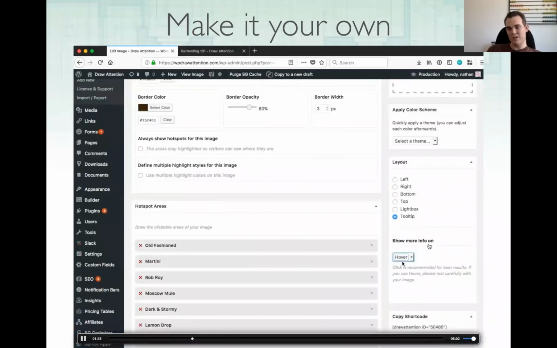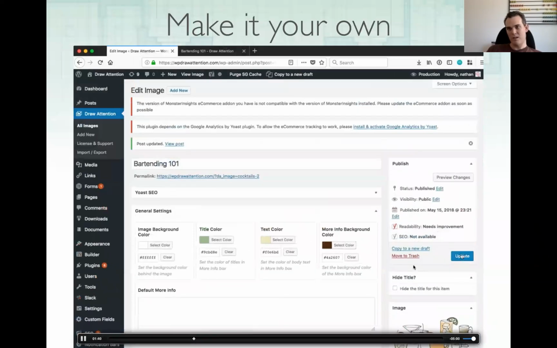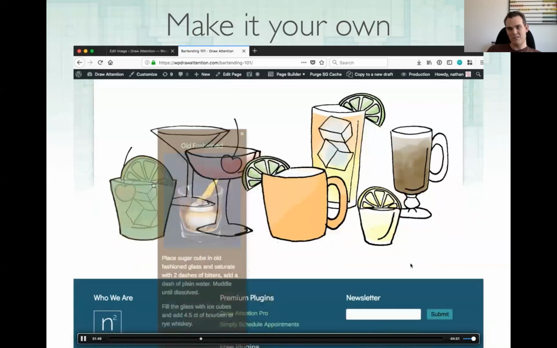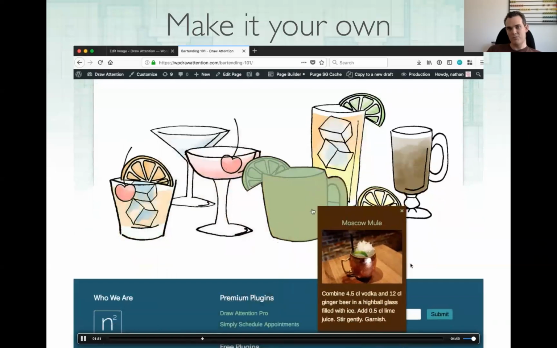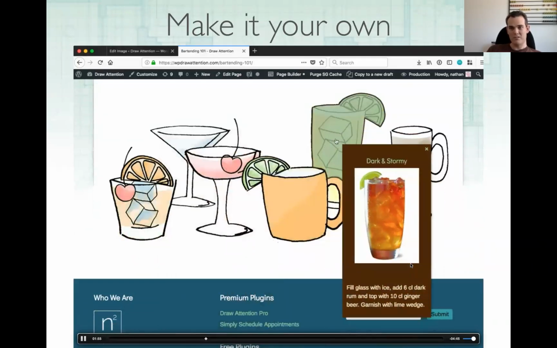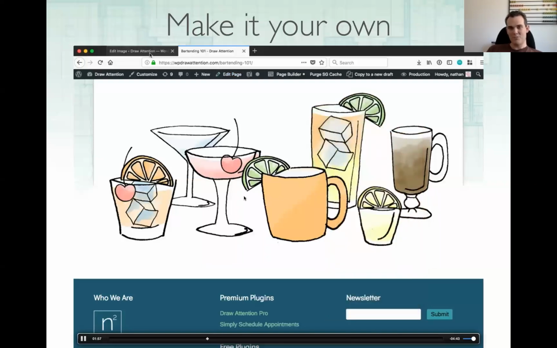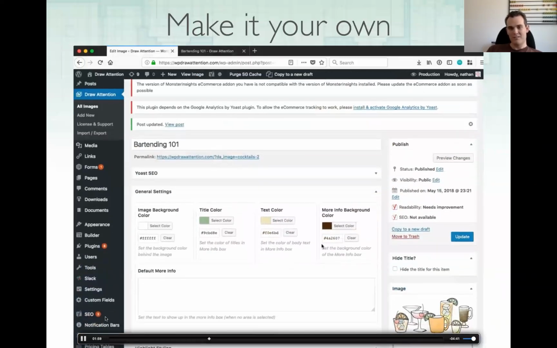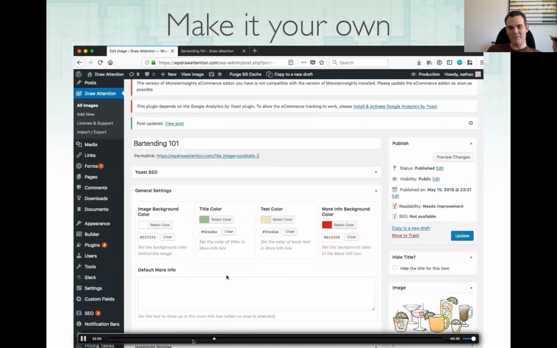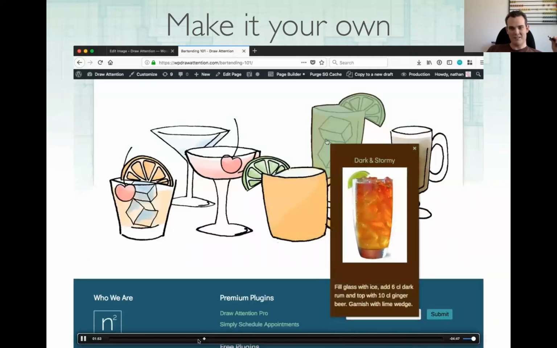You can even switch it to a hover mode. I've been having it on the click mode before, but here you can just hover over the areas, and without even clicking, it moves around and follows your mouse. So it's another option. The problem here, obviously, is if you want to click any information inside of that box, you can never get your mouse inside of that more info box to click it because it moves around